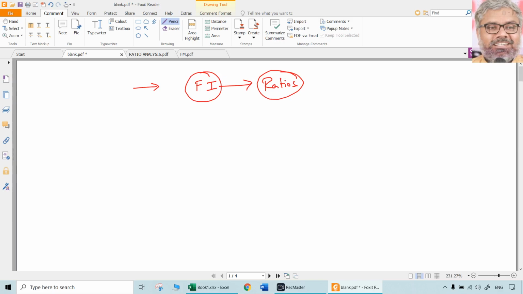But make sure every time you use a ratio in the examination, always use this format. First, you have to write the formula. You cannot directly substitute the numbers. Any ratio you are using, and in whichever type of question that may be encountered, the ratio formula has to be certainly written. Then only substitution. Then only the answer. So whatever you are doing in financial statement analysis, whether it is computing ratios or vice versa, this logic has to be never missed in the examination.